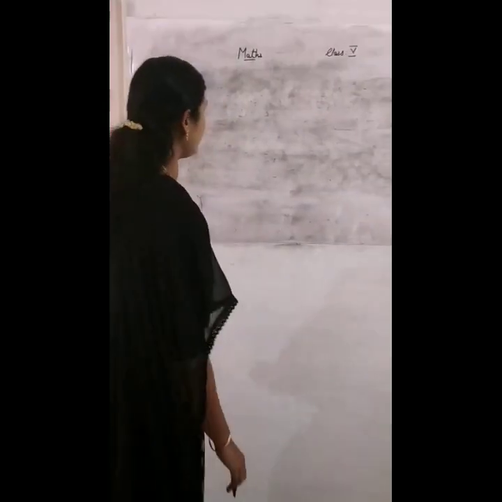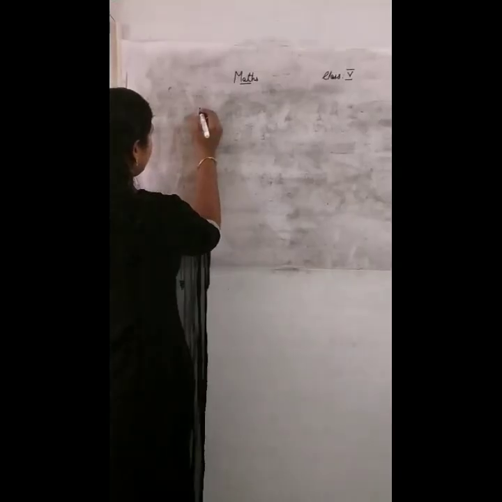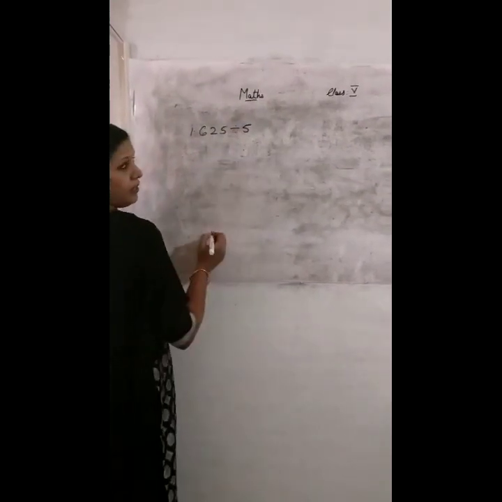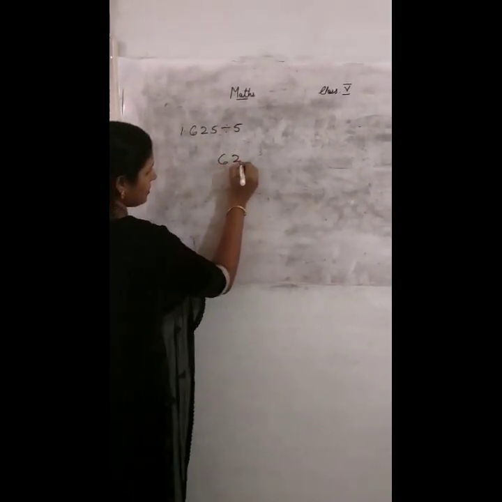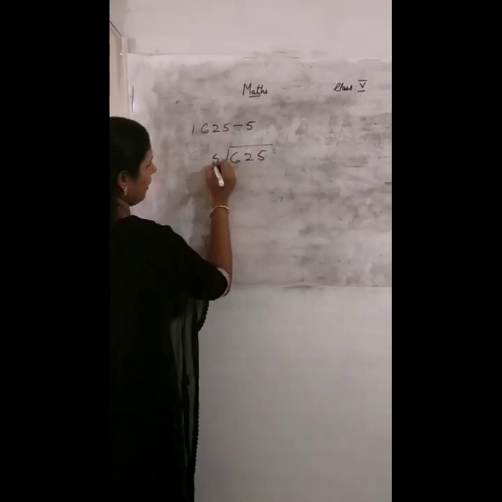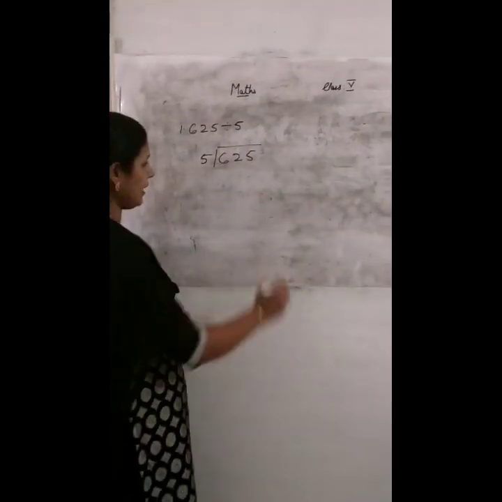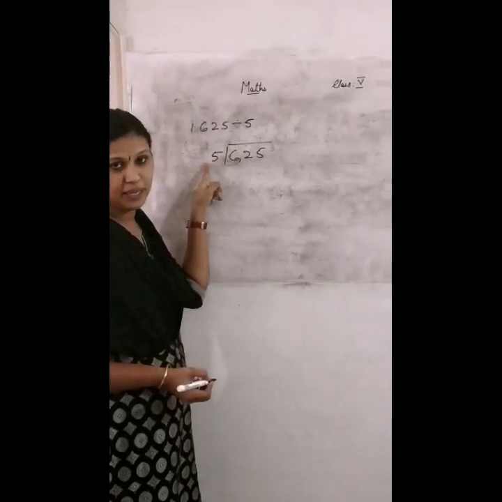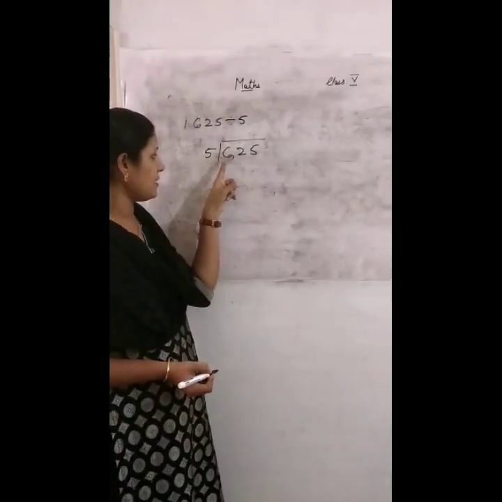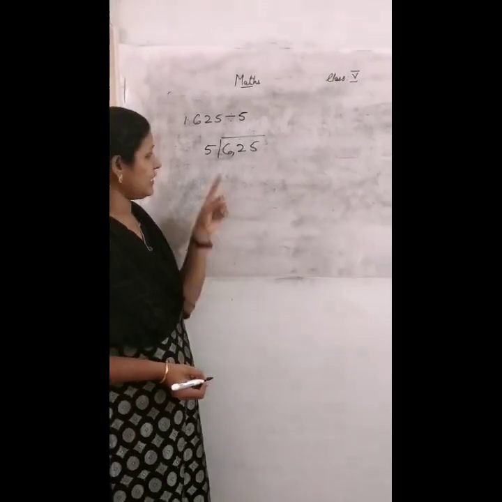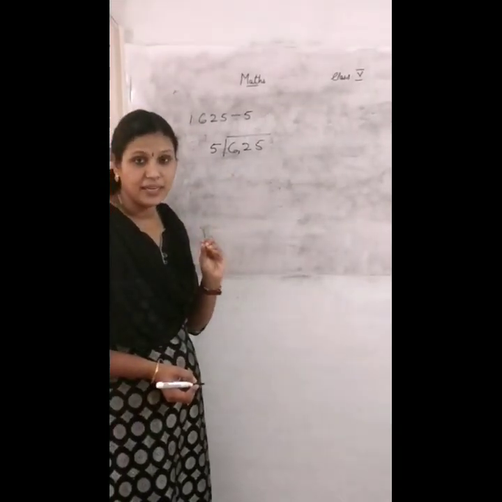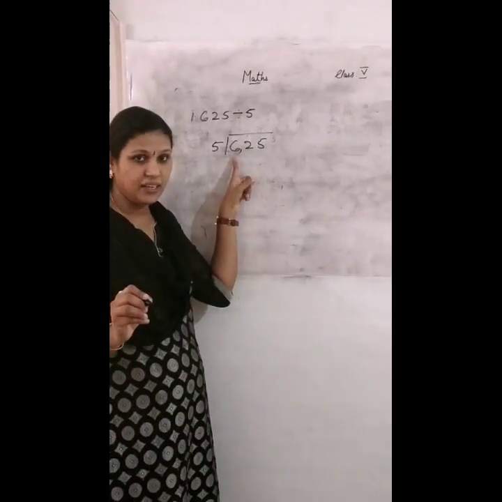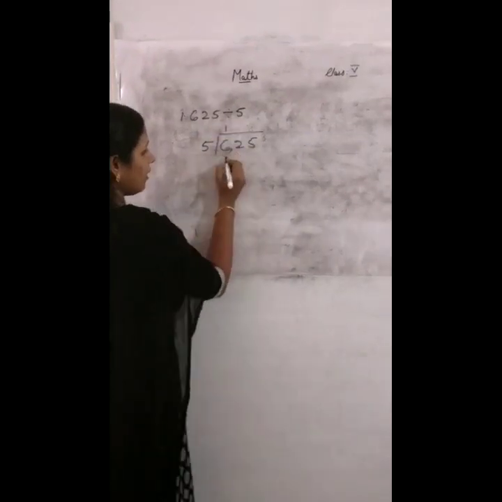The next step is division. Here the question is 625 divided by 5. First we select the first digit, that is 6. The next step is we need to say this 5's multiplication table. We need the number as 6 or less than 6. That is 1 5s are 5 and 2 5s are 10. But 10 is greater than this 6. So no need of that 10. We need 1 5s are 5.